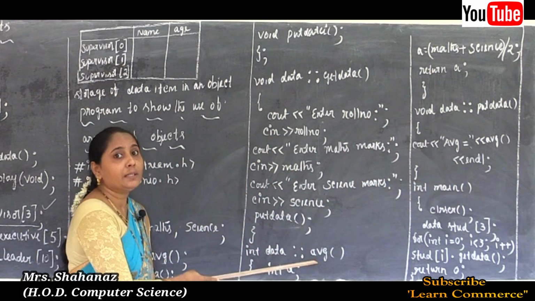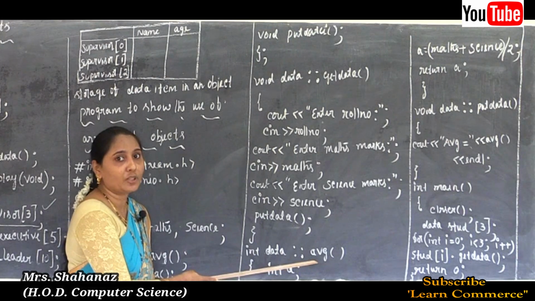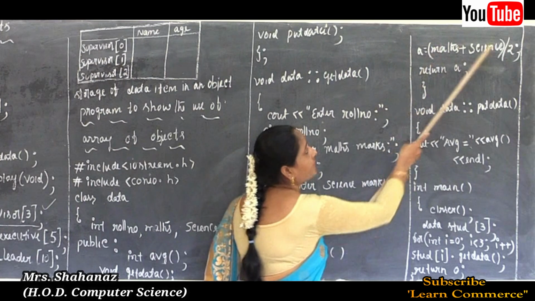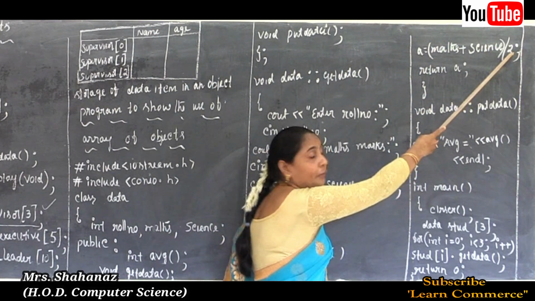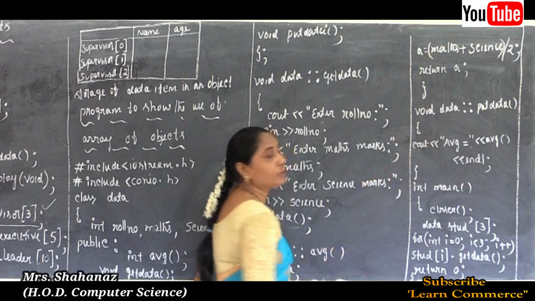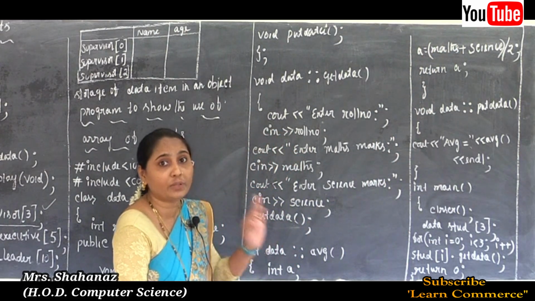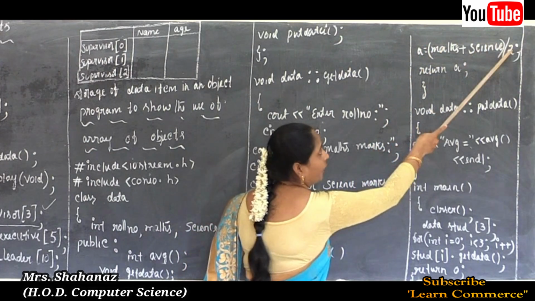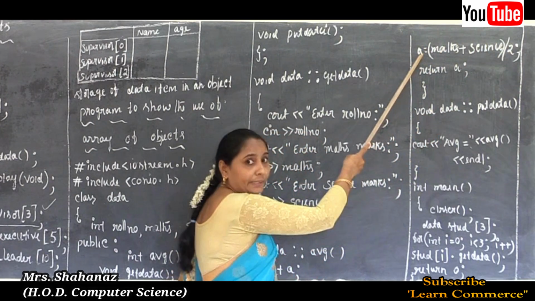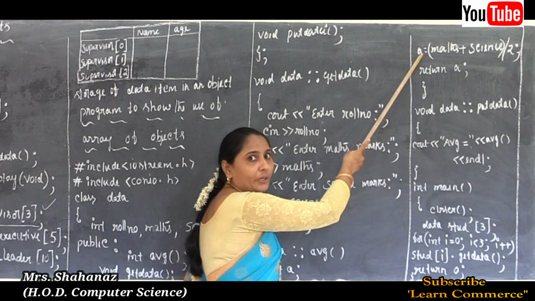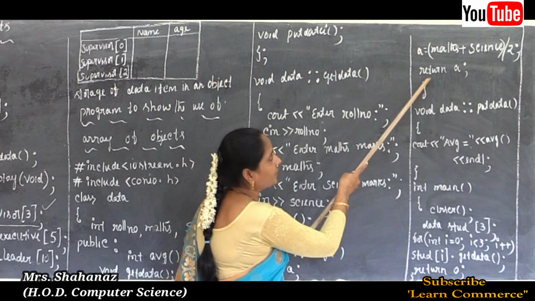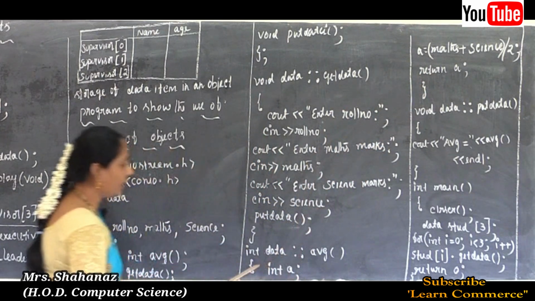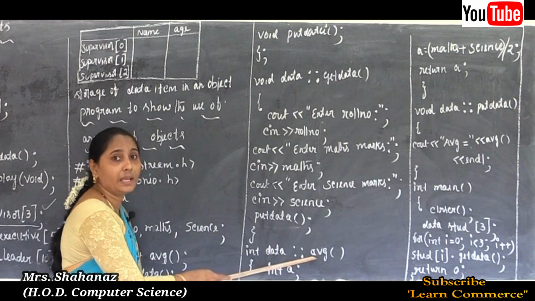Should remember it. This is the definition of the member function average here. Maybe your maths and science marks are 100 plus 100, such one is going to be divided by 2. At that time in our a, it is going to accept the average value as 50. Clear this point here? 50 here, and the marks we get after dividing by 2 are going to be entered into the variable or the object here, and later it is going to return the average value. Clear this point here? Average value. So the second member function is called average here.